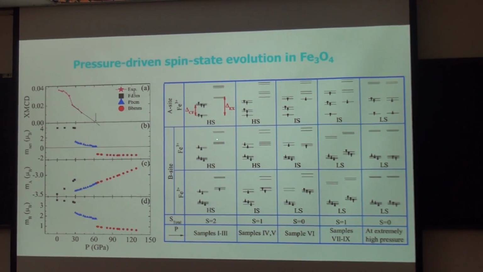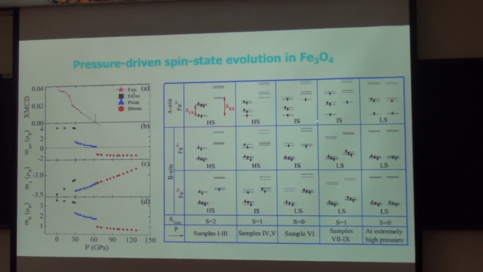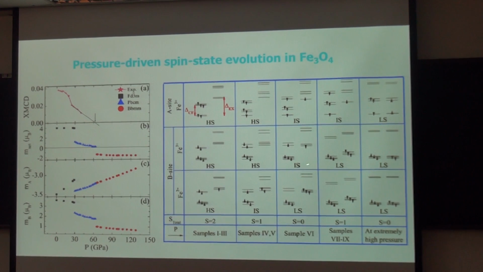We can find that as we increase the pressure, the sublattice magnetic moment will transfer from the high spin state to the intermediate spin and then to the low spin state. But due to the asymmetry between the two sublattices, the system will recover a finite magnetic moment even at very high pressure,